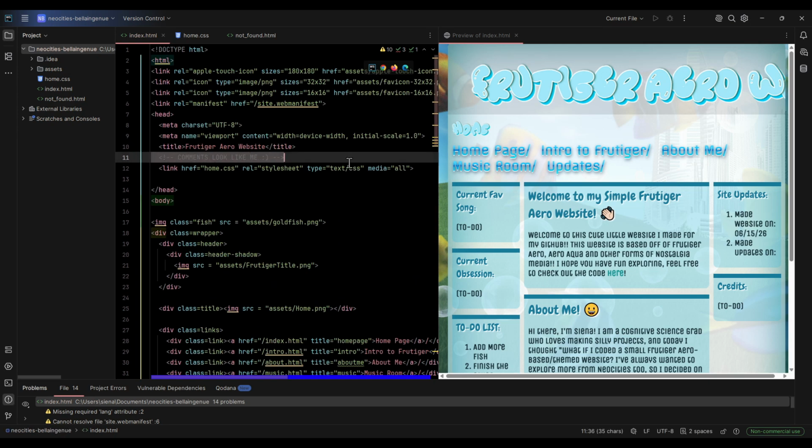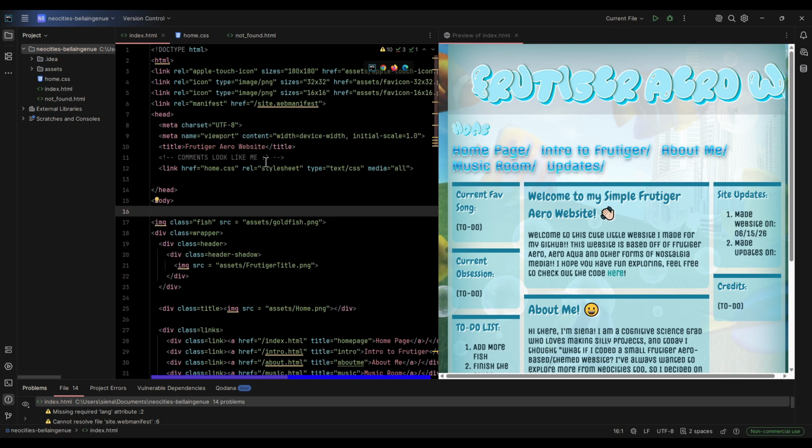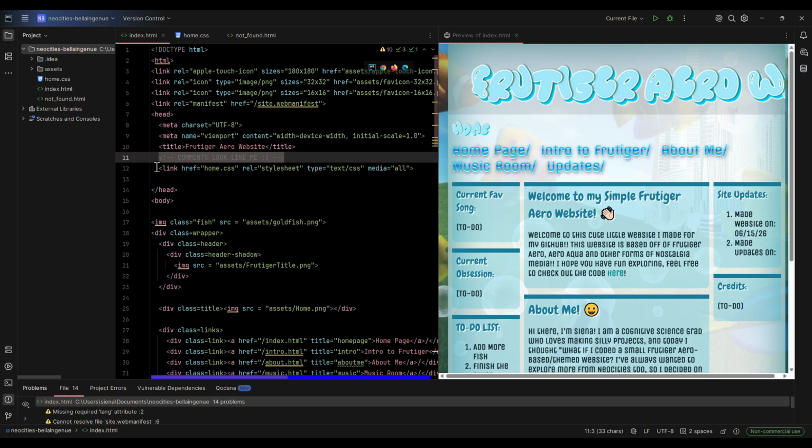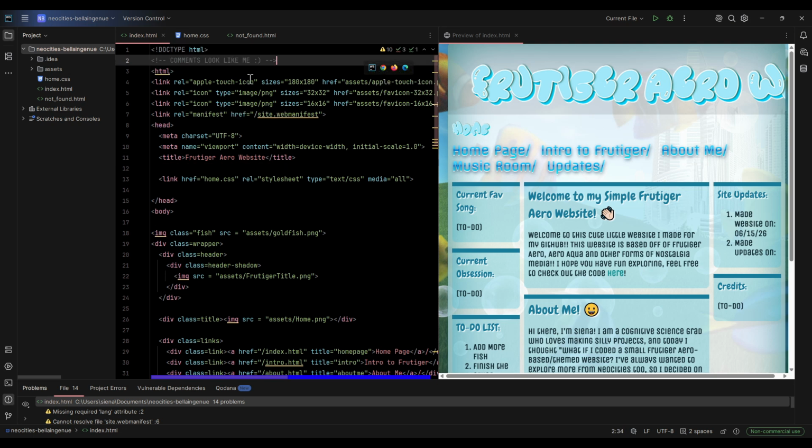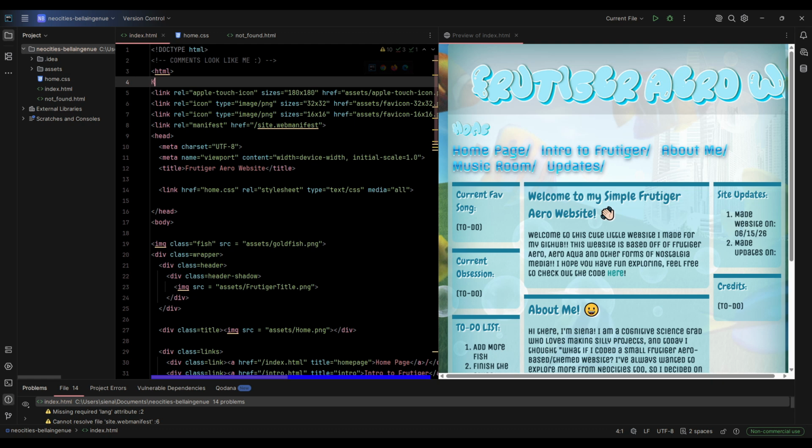Basically, I've got comments in here. Everything should be labeled up, and if it's not, you can come and roast me. But again, this is just the favicon. I'm just adding some comments. And then this is where we start the actual, like,